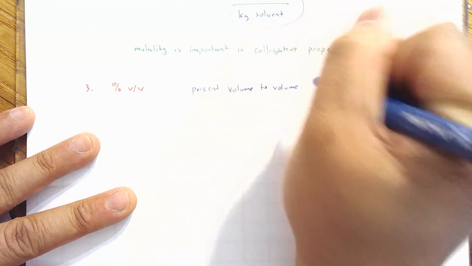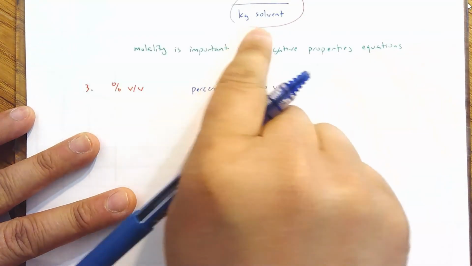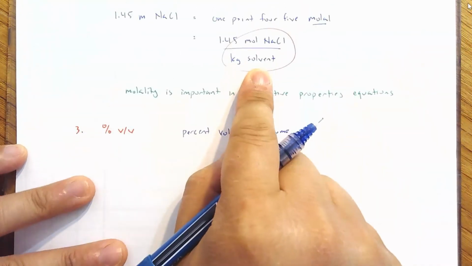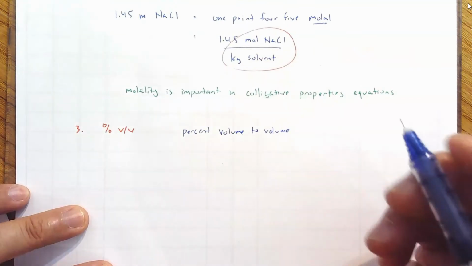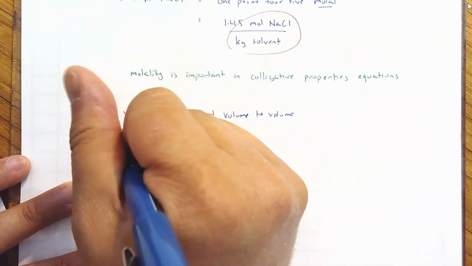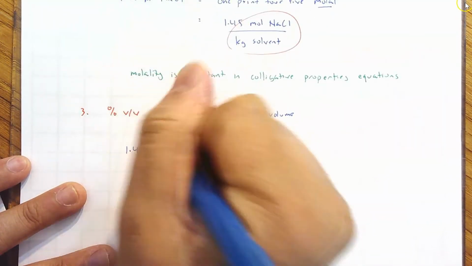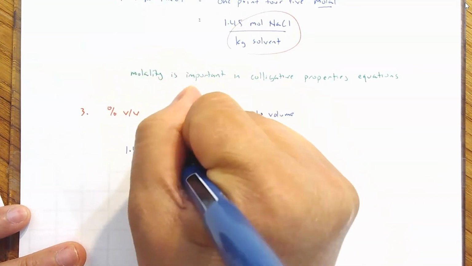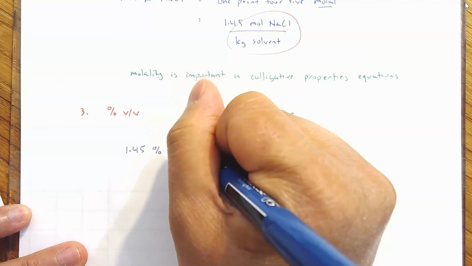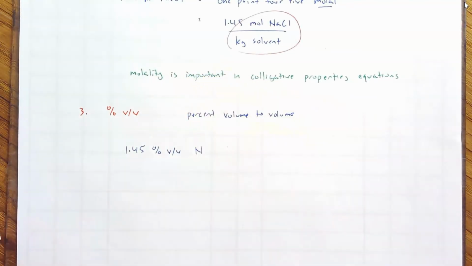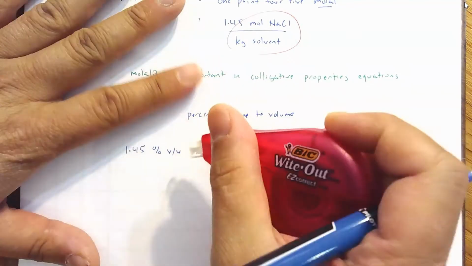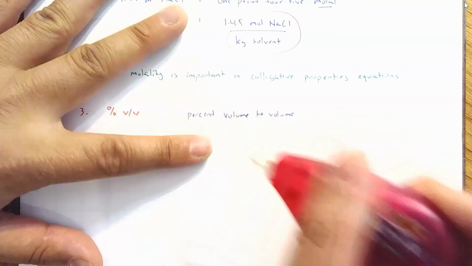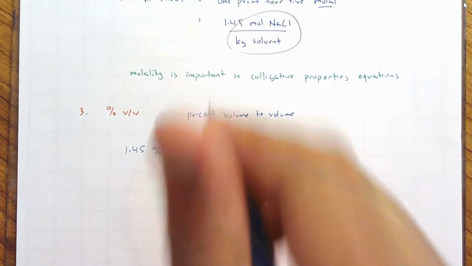And I'm already sweating it because do I need the volume of the solvent or do I need the volume of the solution? Let us say, again, 1.45 percent V to V of, oh, sodium chloride is a solid, so I don't want to use that per se. Let me use a liquid. Let's say